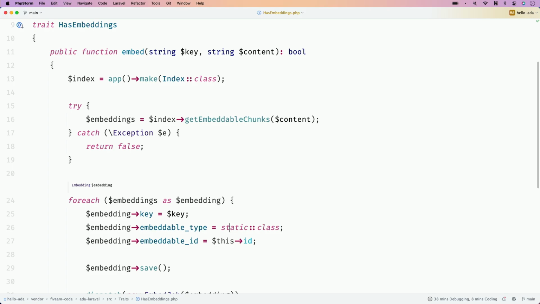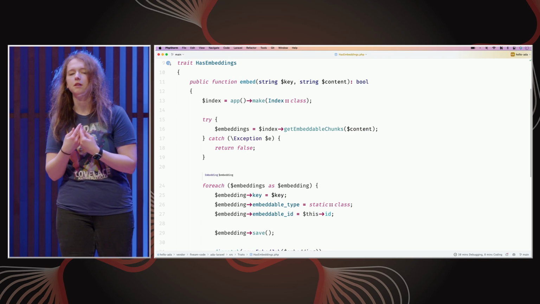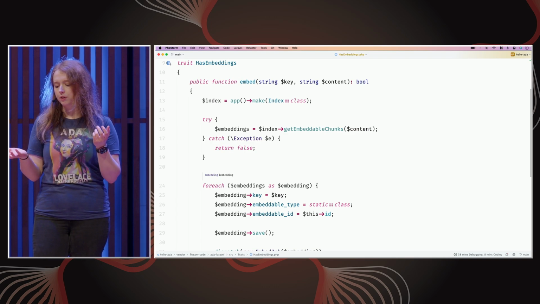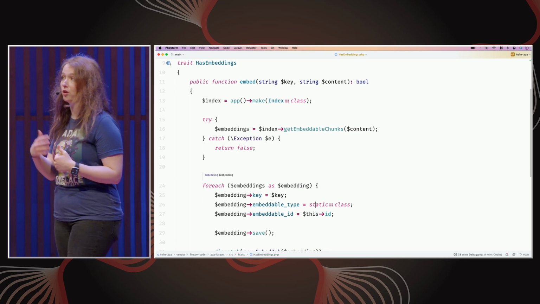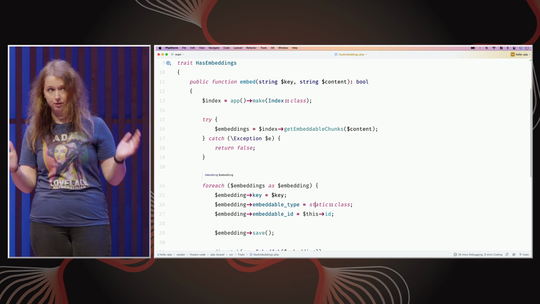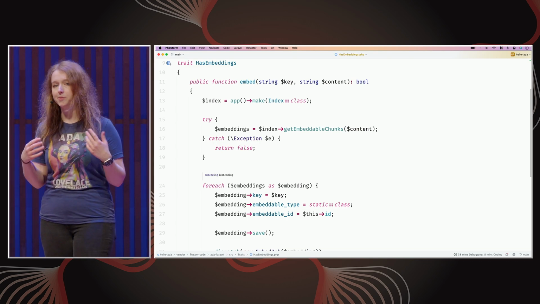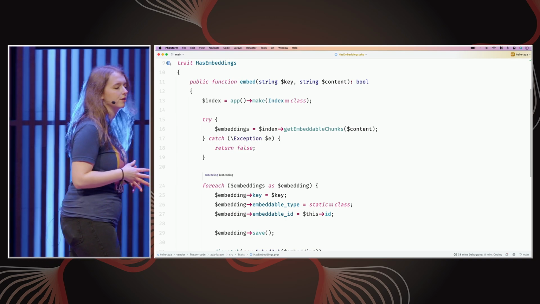The index implementation is an abstract class, and it contains everything that you need to work with a certain type of embedding provider. So, for example, the API methods to actually call their endpoints, as well as tokenization, which is also different for each model, and splitting the text into parts to send to their endpoint.